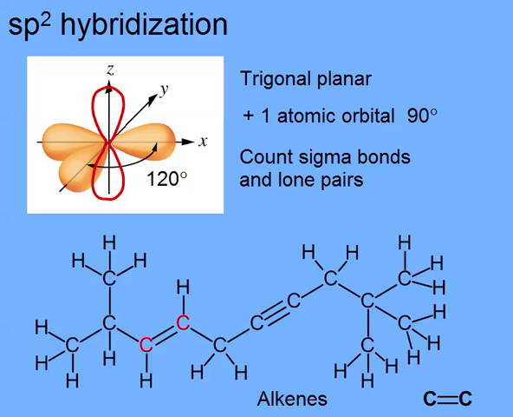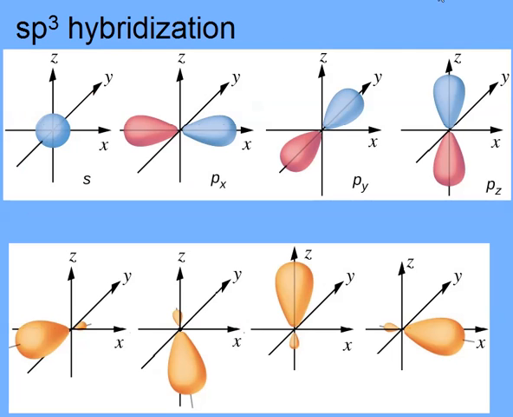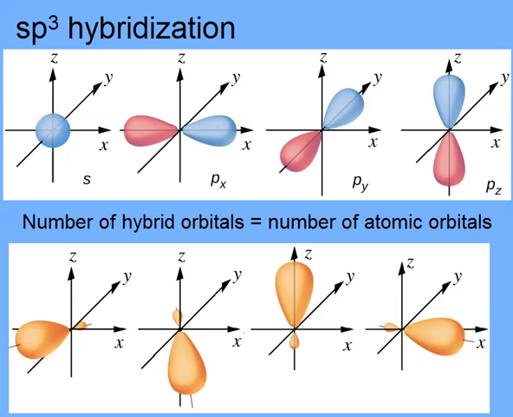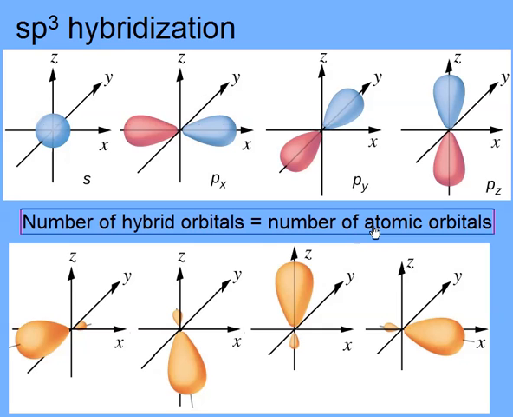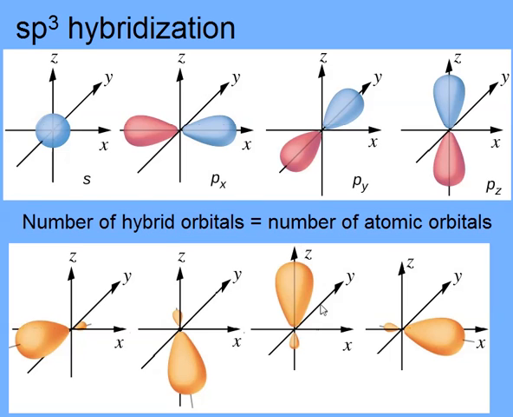Let's look at our last kind of hybridization, sp3 hybridization. And as the name suggests, we use the s atomic orbital and all three of the p atomic orbitals making up the p subshell in the second shell. And again, the number of atomic orbitals used tells us about the number of hybrid orbitals which are going to be produced. In this case, 1, 2, 3, 4